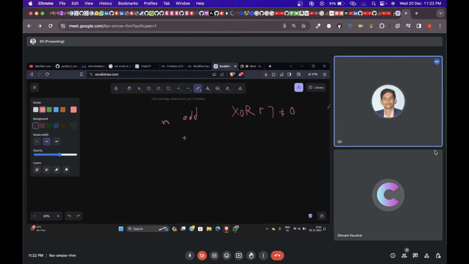Okay, if n is even and the XOR of the whole array is not equal to 0, then player 2 loses. But now here comes the edge case that we have to consider in this problem, and that is, let's just say